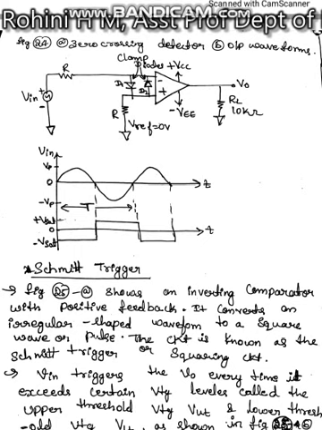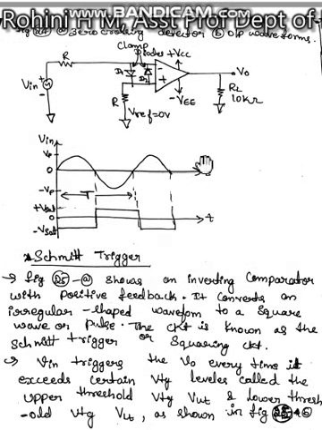So next is the Schmitt trigger. This is all about a zero crossing detector, right? It is a simplified diagram of a zero crossing detector and its output waveform. Here the negative terminal we are applying Vin, whereas the positive is grounded, right? So for a positive signal we are getting negative. Why? Because we are applying to the negative terminal. So whenever the zero crossing is there, it will change its level from negative to positive. Here again zero crossing, so when it is positive it will change to a negative value.